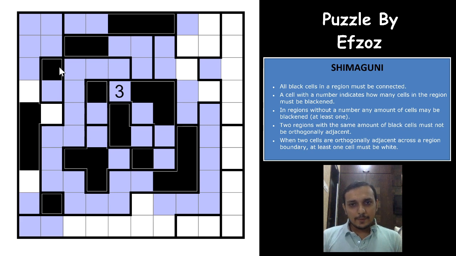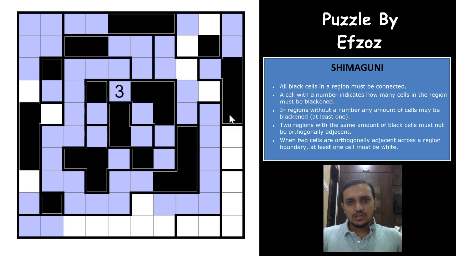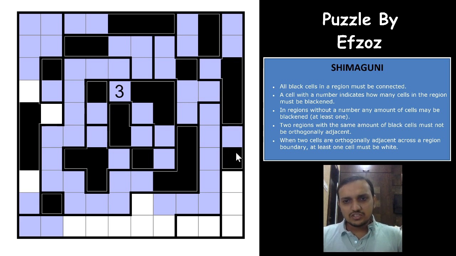So, are we missing anything here? This region cannot have 1 shaded cell, cannot have 3 shaded cells, so it needs to have 2 shaded cells. And in either case, this cell would have to be shaded. And this region again cannot have 1 shaded cell, so this will have to be unshaded. This region cannot have 1 or 2 shaded cells. This region will have 2. This region already has 1. So this region will have 3 shaded cells, unshades this cell, shades this cell, unshades this cell, and shades this cell. Unshades this cell, shades this cell.